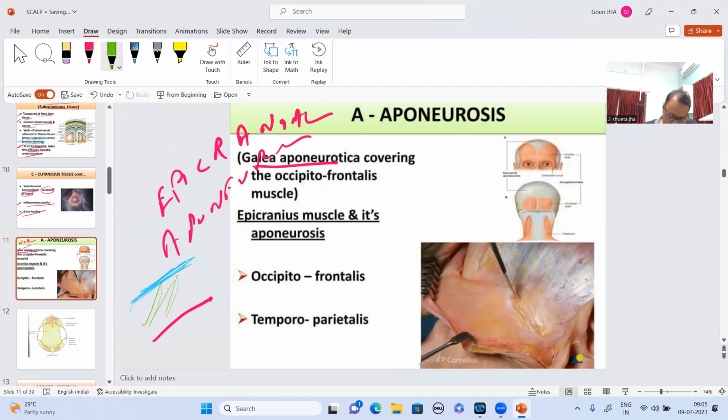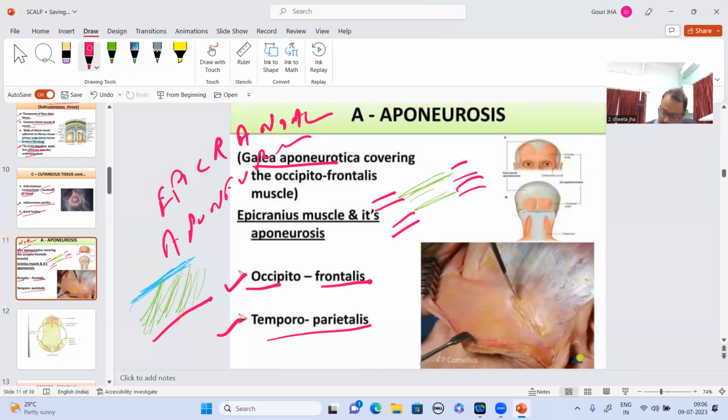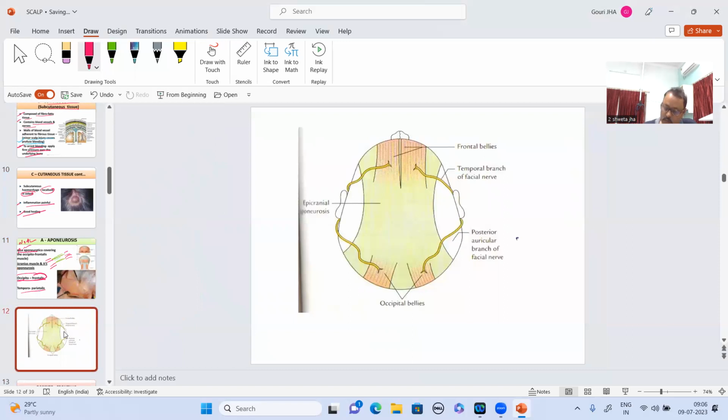the subcutaneous tissue will be adhering to the skin. But this galea aponeurotica, this aponeurotic layer, has two muscles over there, one over here and one over here, two on the front. So it has two muscles, the occipitofrontalis and the temporoparietalis; this region is not very important. It is the occipitofrontalis which holds the important role over here. This is the epicranial aponeurosis, and